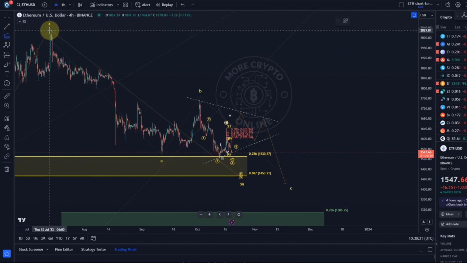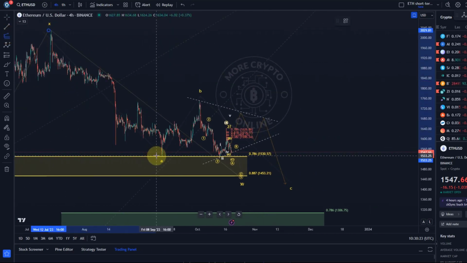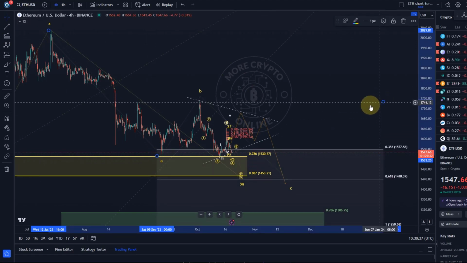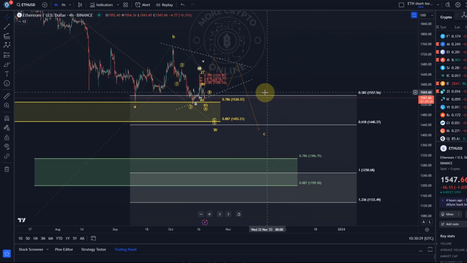For example, there is a way to take the length of the A wave, then we go to the high of the B wave. And in this scenario, we could look at a potential target of first of all 1440, 1450 here. That's that 88.7 fib level, 61.8 extension, or even down here, the 1-to-1 ratio around 1250. So we need to pay attention to the microstructure and to a first